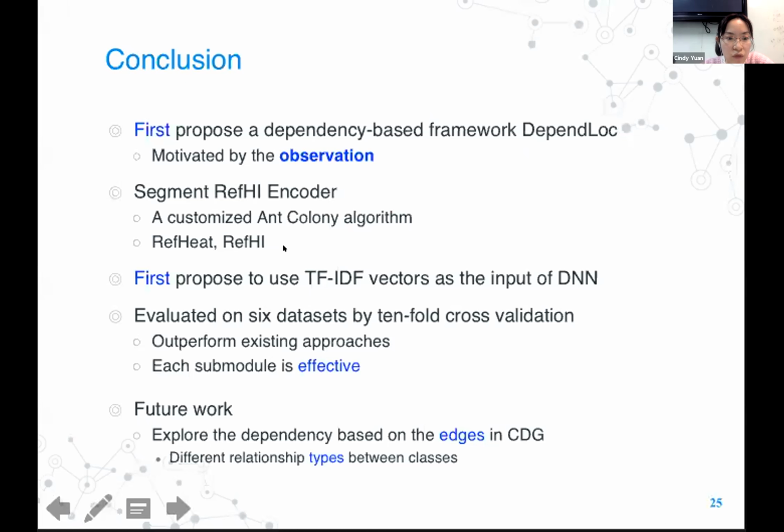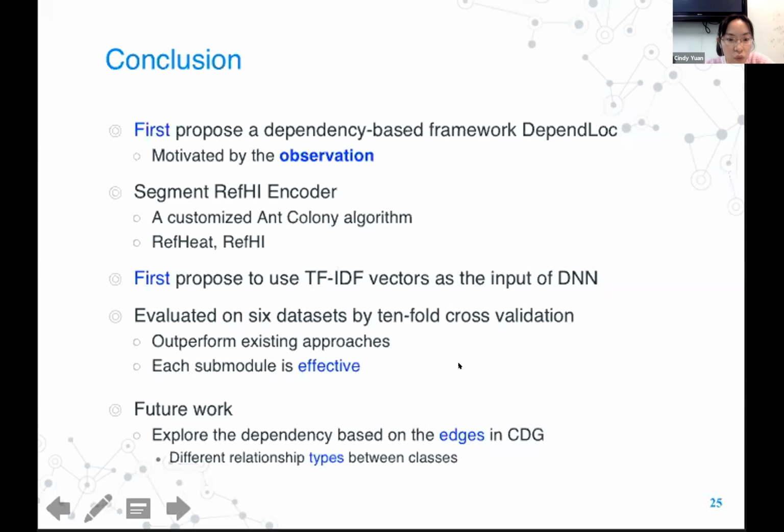We are also the first to propose using TF-IDF vectors as the input of DNN for bug localization. To guarantee the reliability of the outputs, we perform tenfold cross-validation. The experiment results show that DependLoc outperforms the existing approaches, and each submodule is proved to be effective.